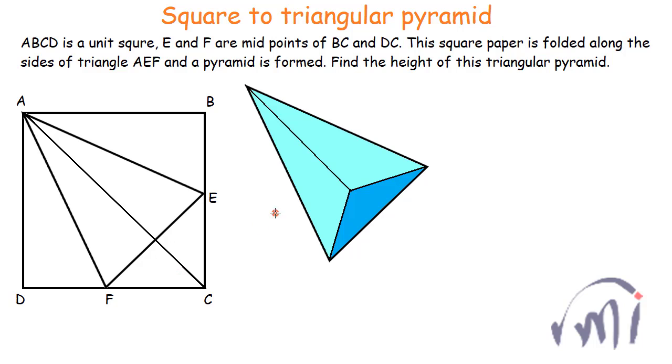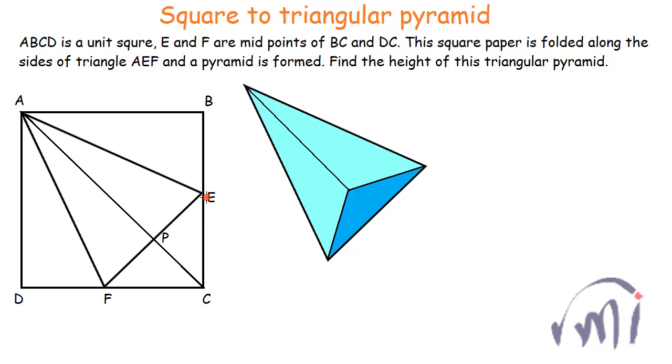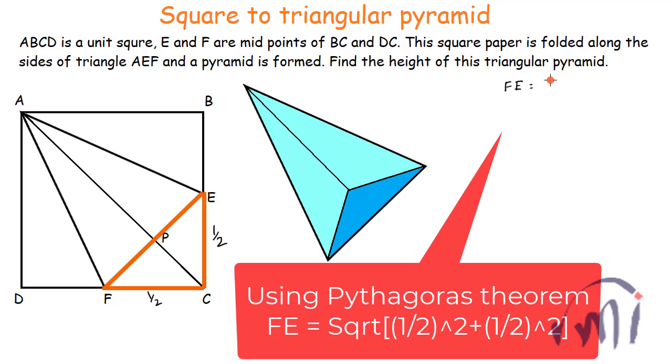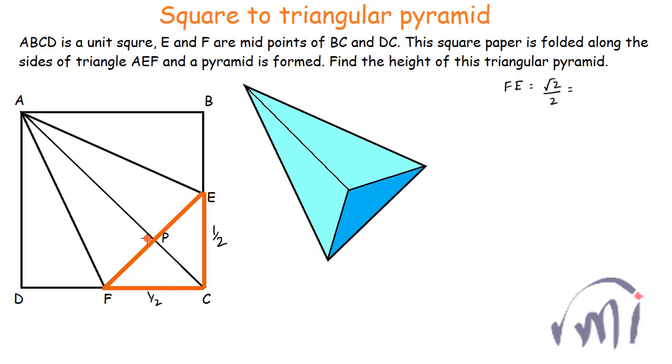So if I draw a diagonal, then let this point be the point P. Since E is the midpoint of BC, that means EC will be equal to 1 divided by 2, or half, and FC will also be equal to half. Okay, then FE will be equal to root 2 times half, because it is the diagonal of this isosceles right angle triangle whose each side is equal to half unit. So the FE will be equal to root 2 times half, or it will be equal to 1 divided by